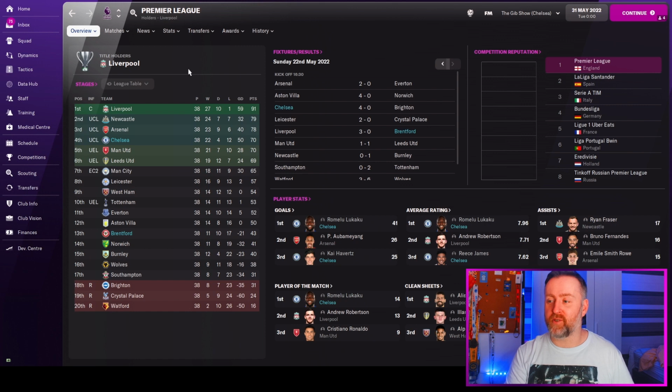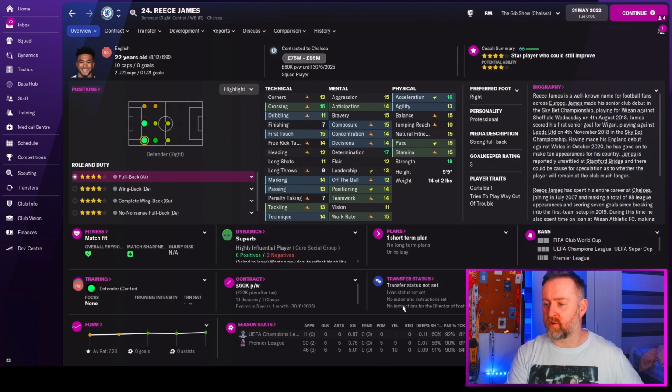But Lukaku did get 41 goals, top scorer in the league. Kai Havertz, 25 goals. Lukaku, highest average rating, 7.96. Reece James, 7.62. How many assists did Reece James get? Because that's going to be the...